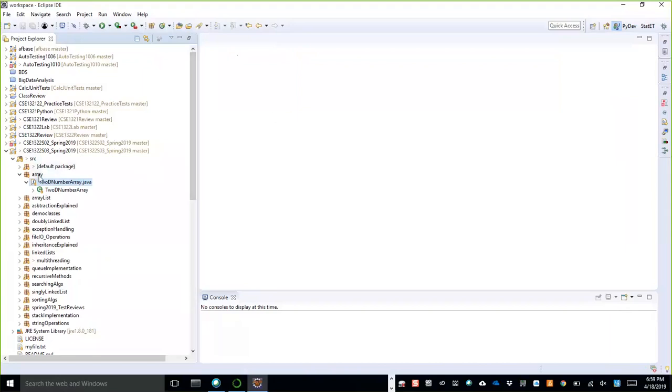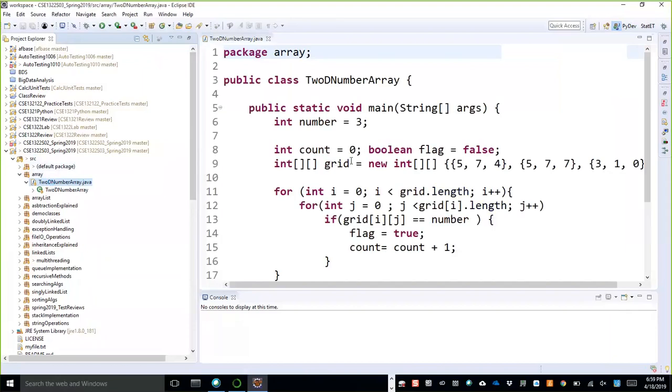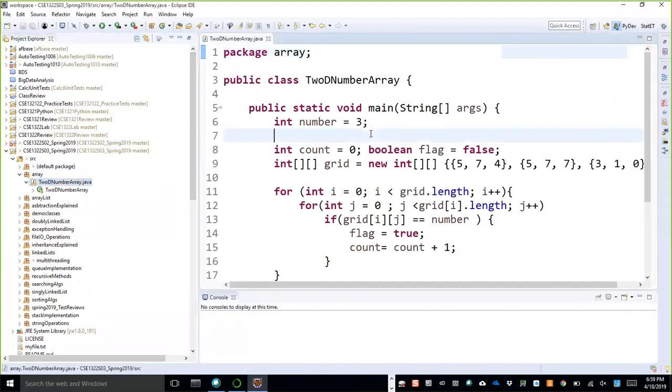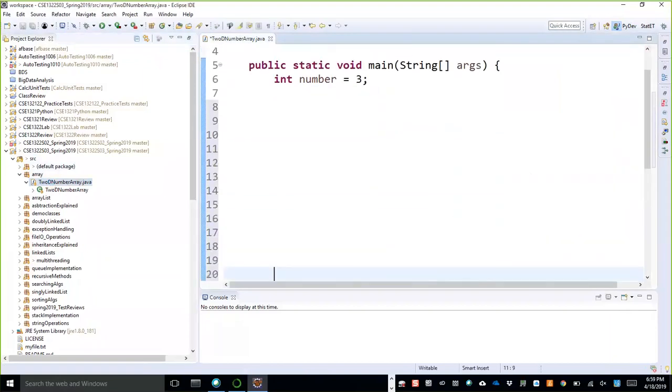Let me start from something. He declared an array like this. What is his array? 0, 1, 2, right?